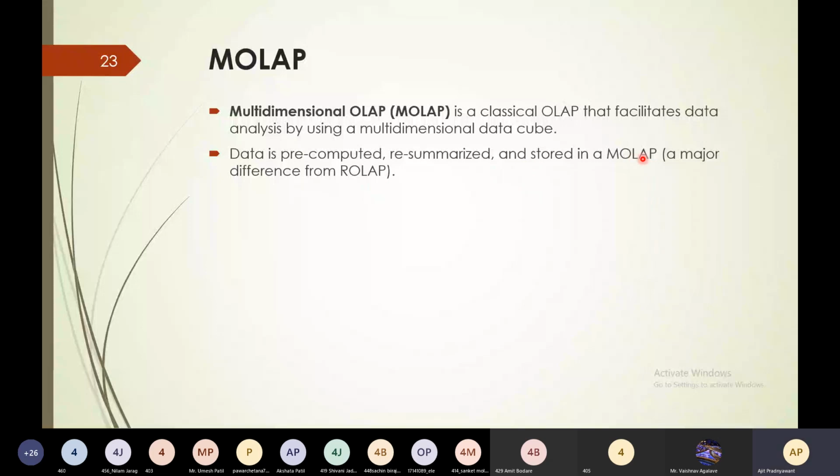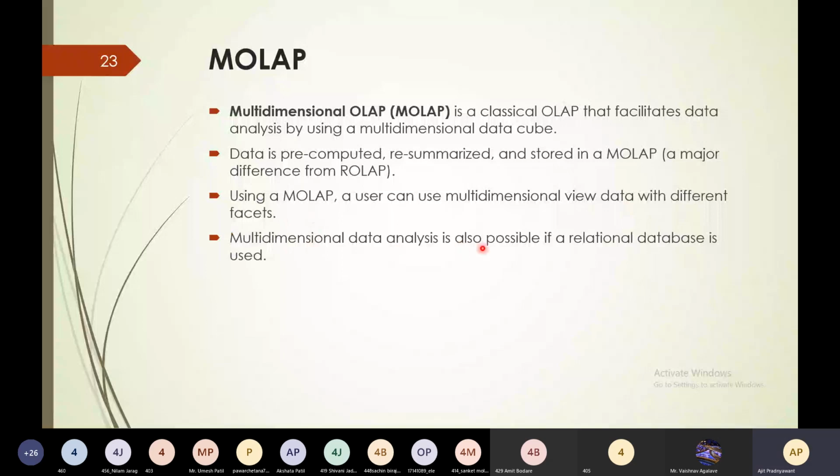In MOLAP, data is pre-computed, re-summarized, and stored in MOLAP. Using MOLAP, a user can view multidimensional data with different facets.